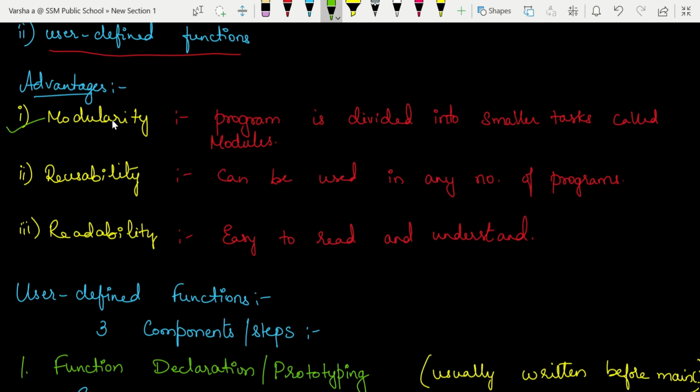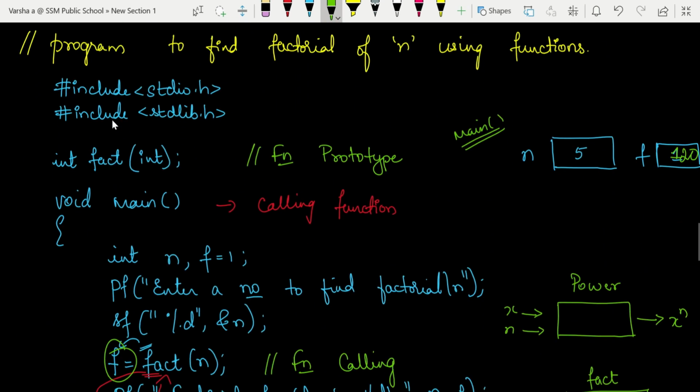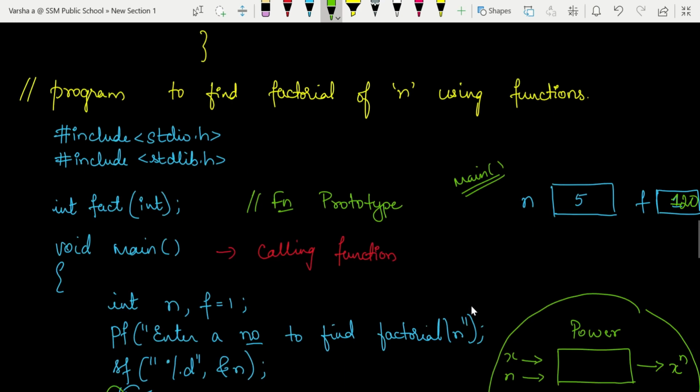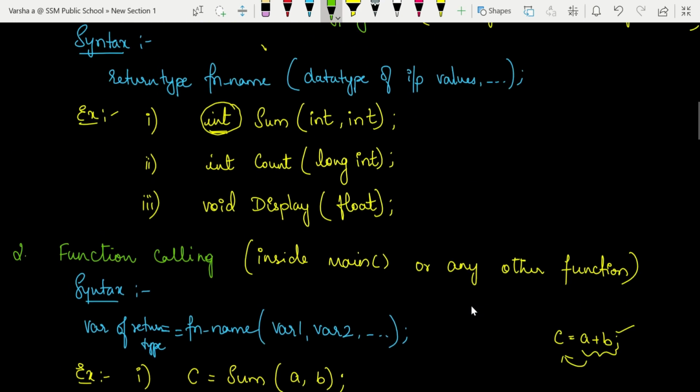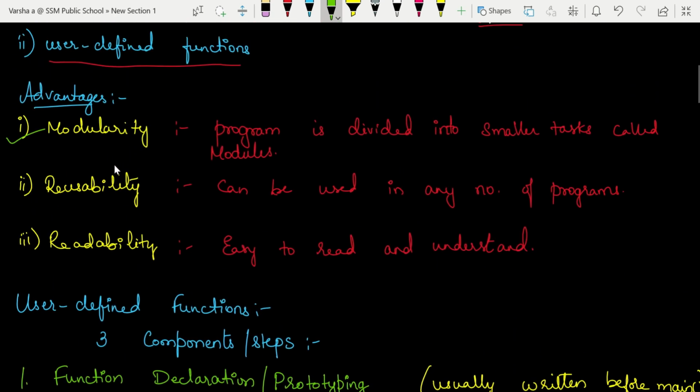All you need is what is the name of the function, how many values it takes, and what is the output it is going to give you. So like this, that is called abstraction as well. So all you need to know is these details. If you know these details, you can use those functions even before the function is ready. Later you can integrate all the function definitions, that is the modular definitions, with the main program to execute the complete program. So that is modularity. Divide into modules, write the input and output specifications, and you start using. Meanwhile, there is another person who is developing those individual modules and you can integrate them in the end.